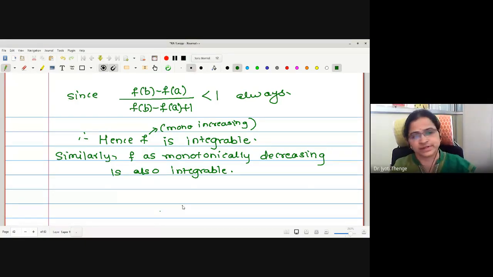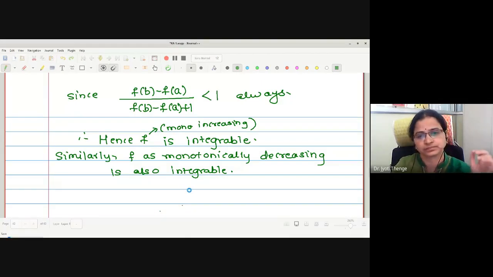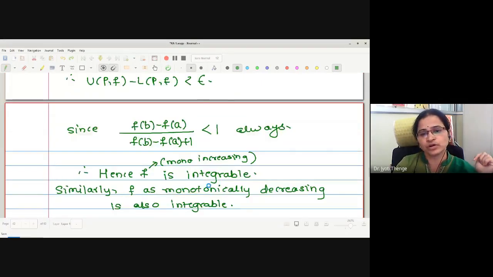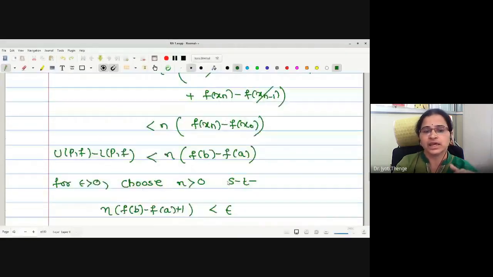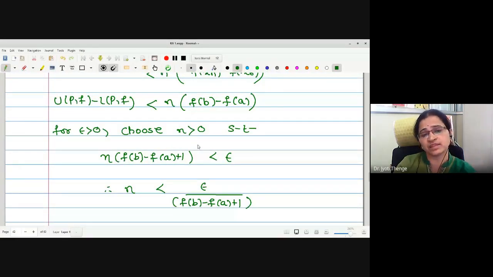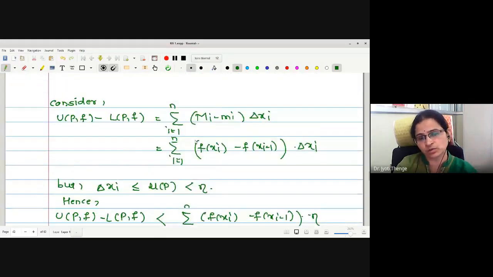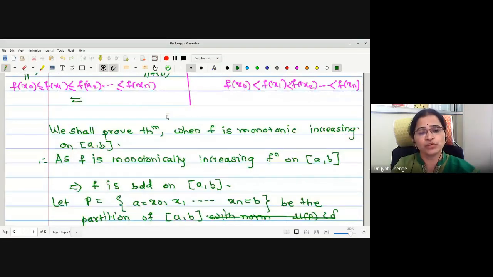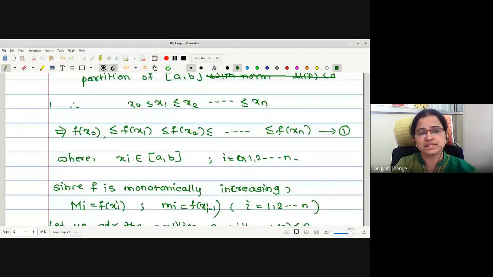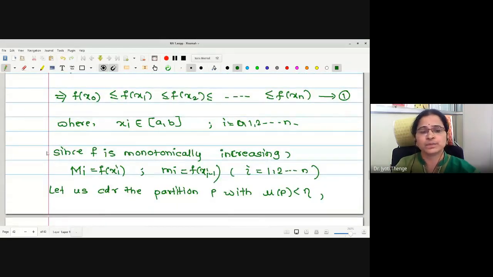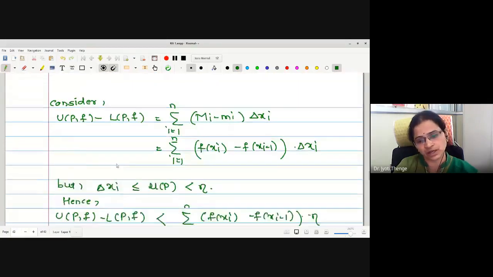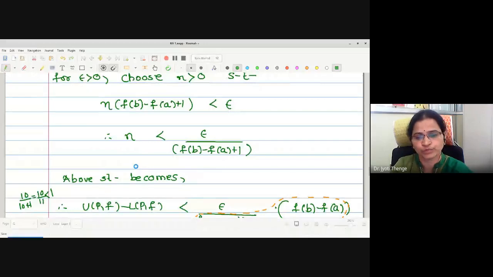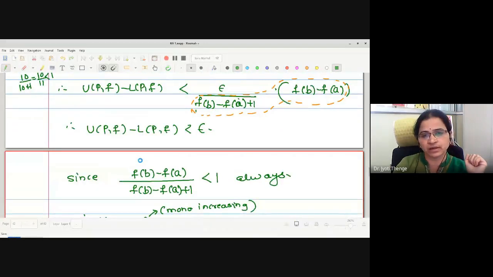Any doubt about today's lecture? You can ask me. Here the important job is to select a number eta always. In some books the selection of eta was given in the initial steps also. You can write it at the starting, or in a middle step, whenever it is required. What will change if I write for decreasing? Simply this less than or equal we have to make greater than or equal. The m values are going to be interchanged: capital Mi will be f of xi minus 1, small mi will be f of xi, and correspondingly you have to change the proof of the theorem. We are not going to repeat this again, and hence this is the proof that a monotonic function is integrable.